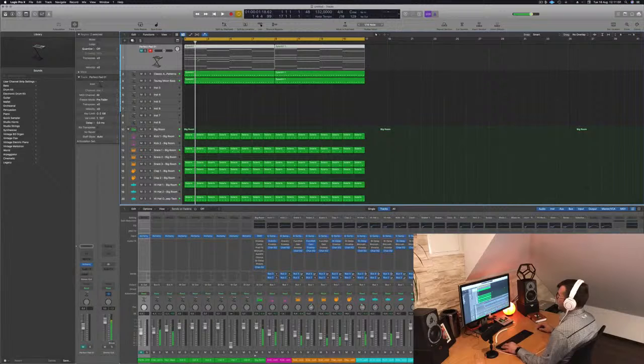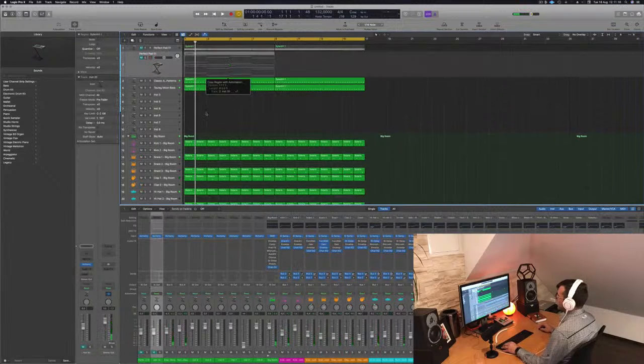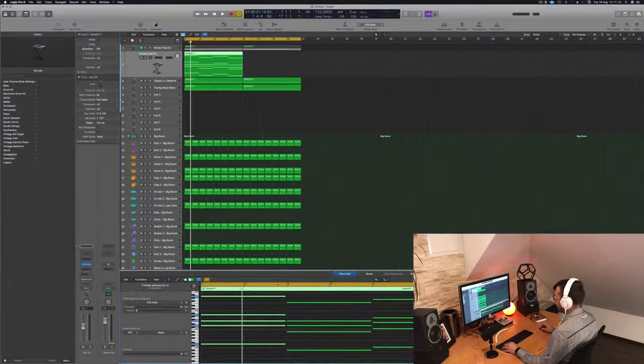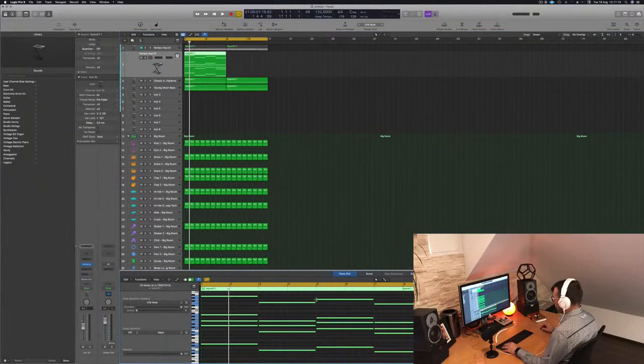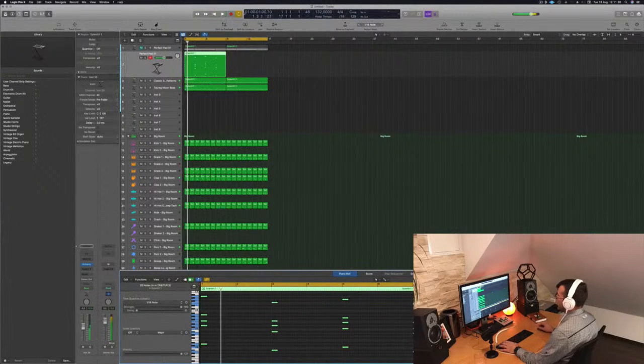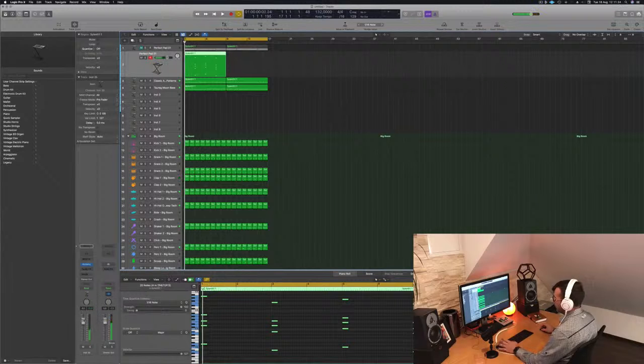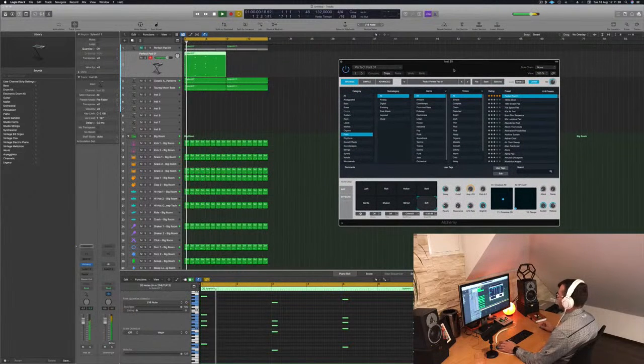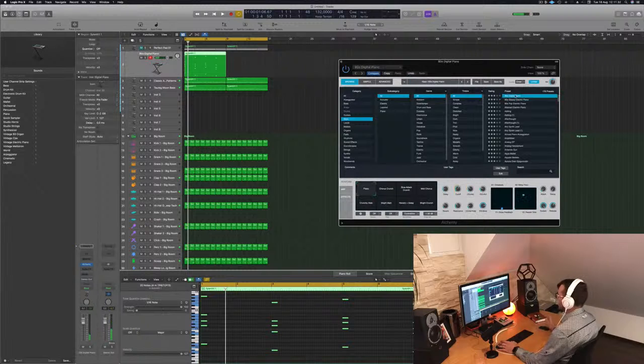So I'm gonna use this pad here. I'm gonna take my chords, do that here, bring it. I'm gonna take just the hit. So I don't want the full length of the chord because I want the hits. So I want every bar to start with a hit. I'm going to do that with some keys here. I'm not sure if I'm going to get exactly what I'm looking for, but